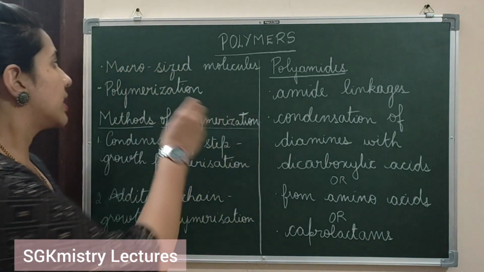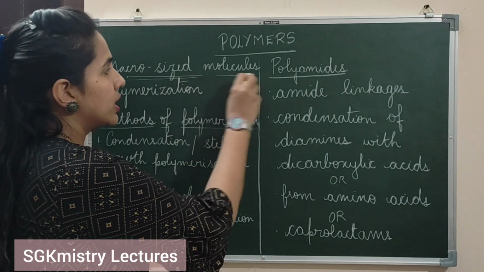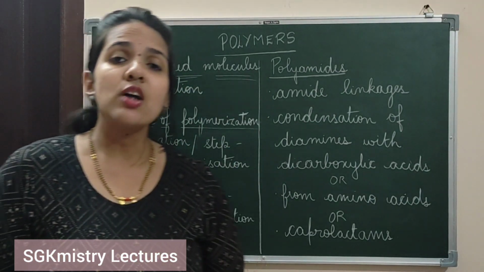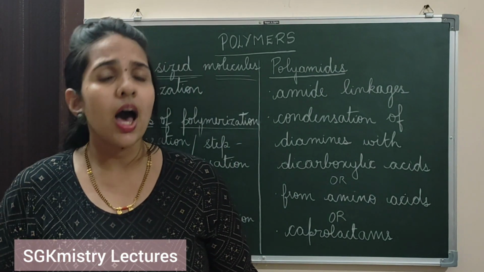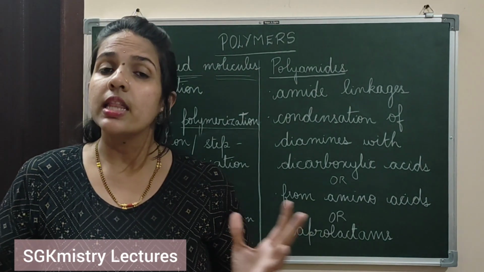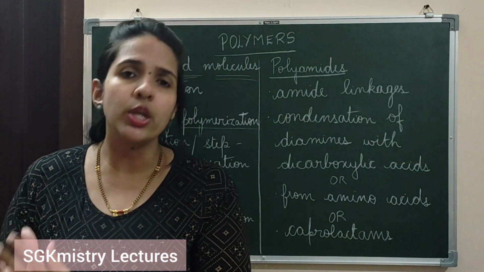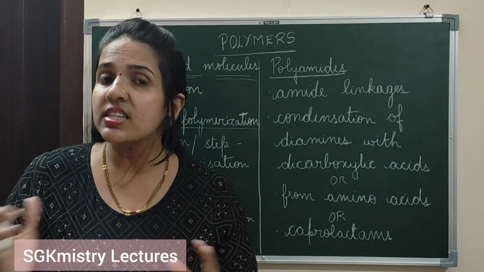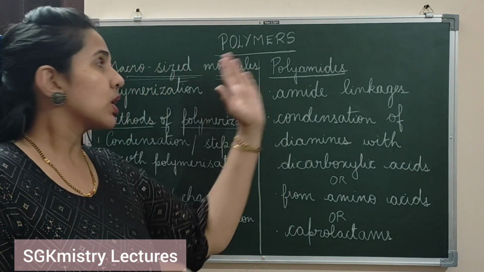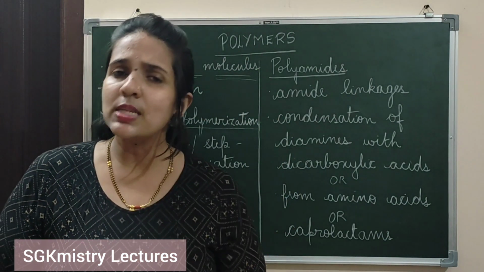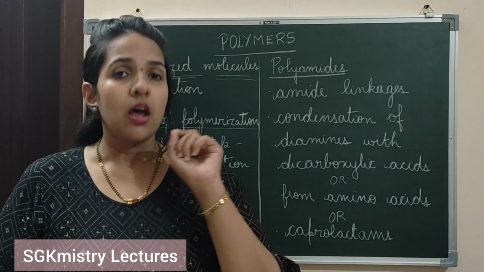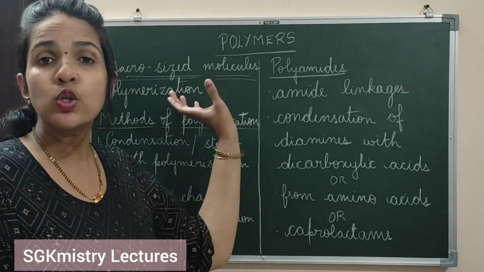Polymers are nothing but macro-sized molecules. That is, they are large molecules with a very high molecular weight. They are made up of very small units, and thus they result in large molecules which are called polymers. So this word polymers is derived such that if you split this